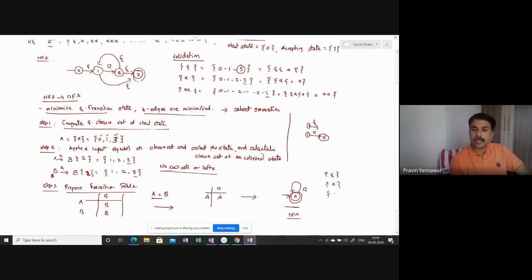Can this produce AA? So in case of AA, you go for the first A, take the first A, come here, then take one more A, come here. So you have got two A's. Okay, now can it be like A raised to N? Yes, you can have A raised to N, simply by visiting A n number of times. So this is going to be your deterministic finite automata, and you have converted this non-deterministic finite automata